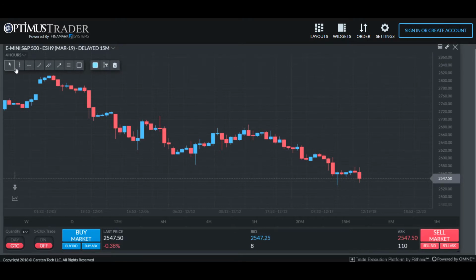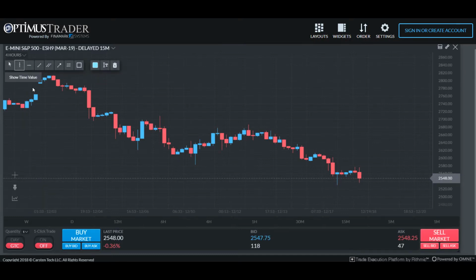Now, starting from the left to the right, first up we have our selection tool, which is the tool that is selected by default, the one we have on right now. This essentially allows you to select any drawings you have done on your chart. And once you have selected a drawing, such as potentially a vertical line, it will become highlighted. So then you can move it around with this selection tool, or you can use the text, delete, and coloring tools on it. So to show you what I just illustrated essentially, we do have our vertical line, which is